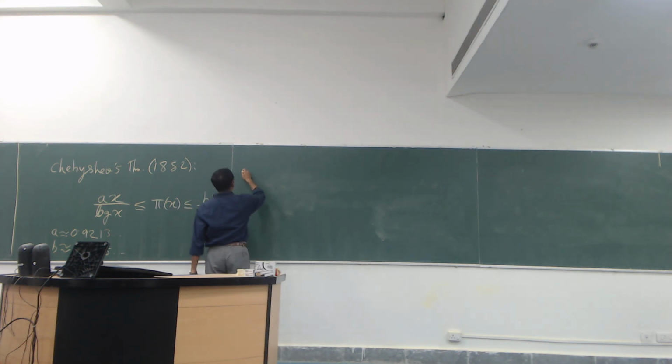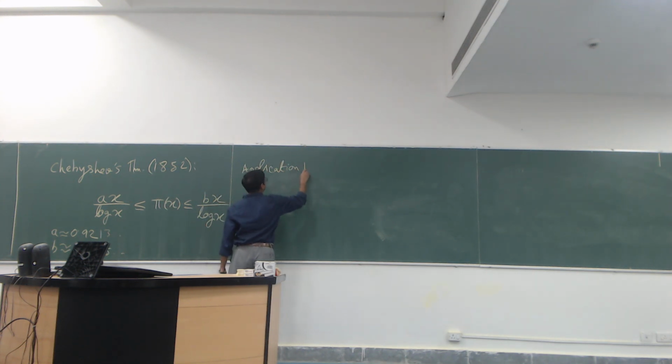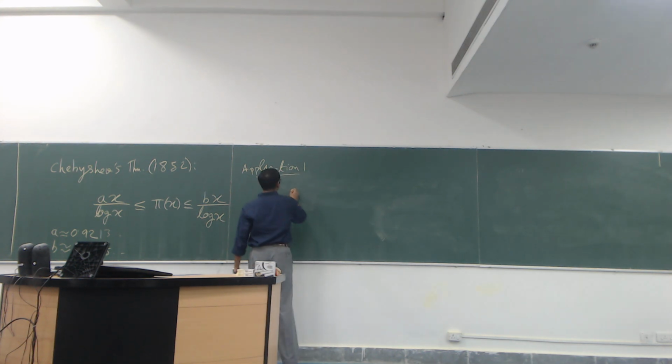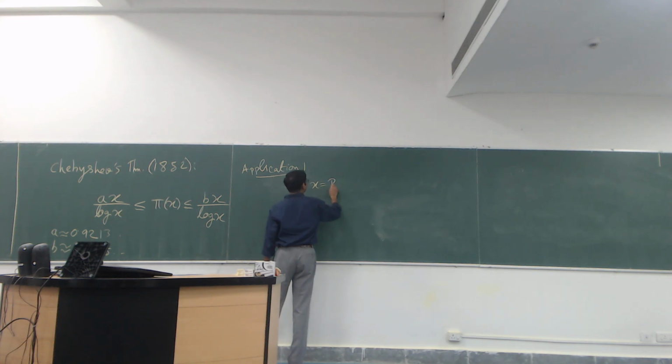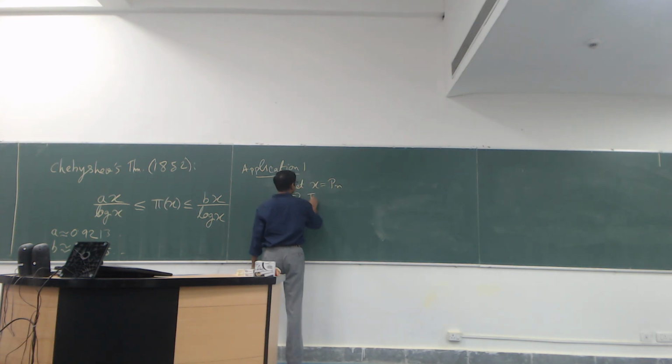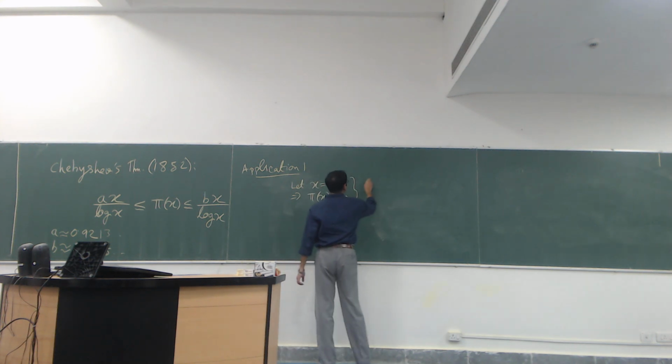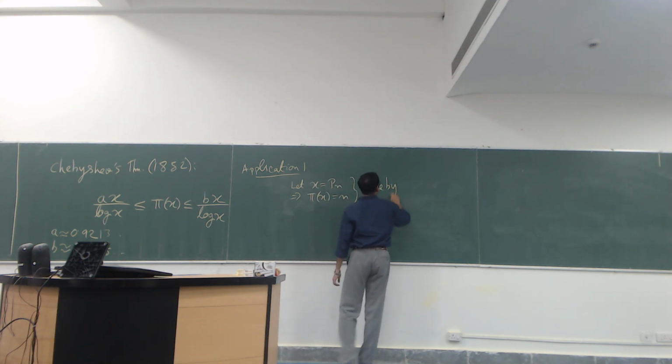So here's the first application. Application 1: an expression for the nth prime. Let x equal to Pn. That implies that pi(x) is equal to n. So this relationship